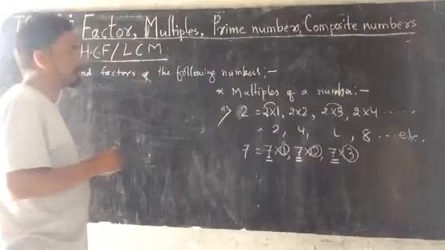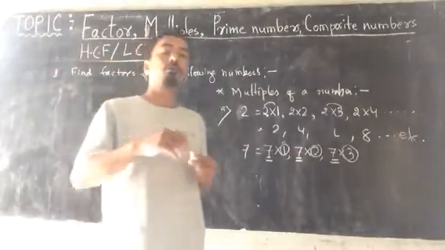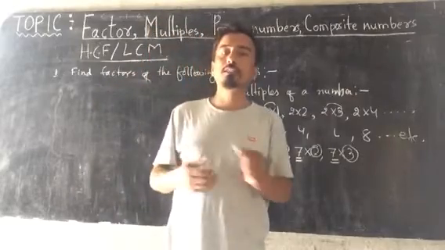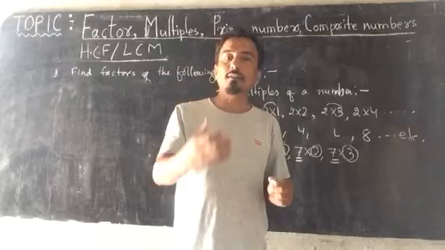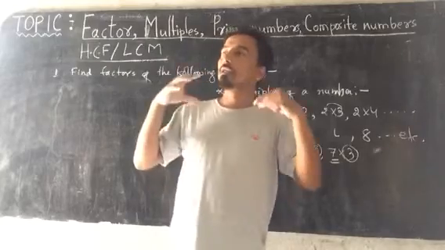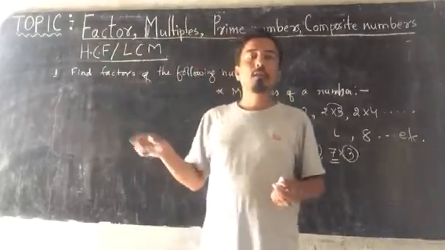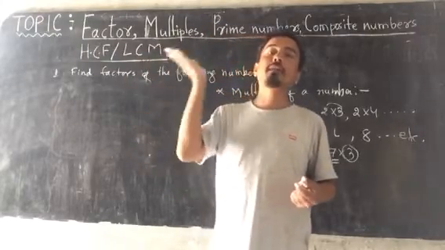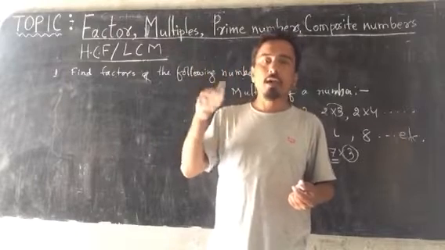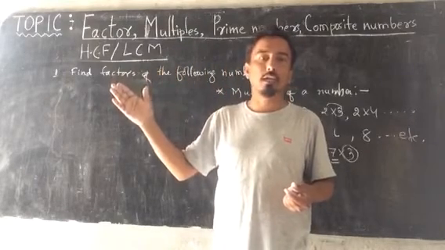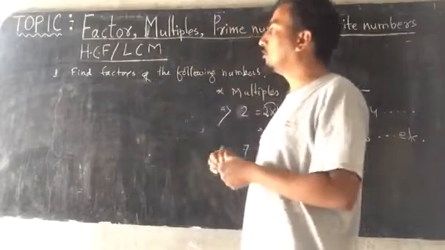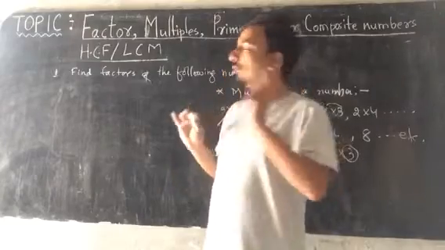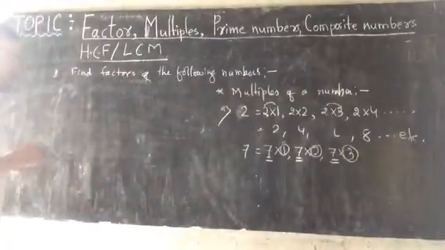Before finding the factors of any number, we must have the concept of division. If you don't have a good concept of division, you cannot find the factors of any number. You can divide in a long process. Now I will teach you how to divide a given number by its factors. To find the factors you have to try to divide the numbers, and before that I just want to tell you whether the number will be divisible by any particular number or not. To understand that, we have to learn divisibility rules.